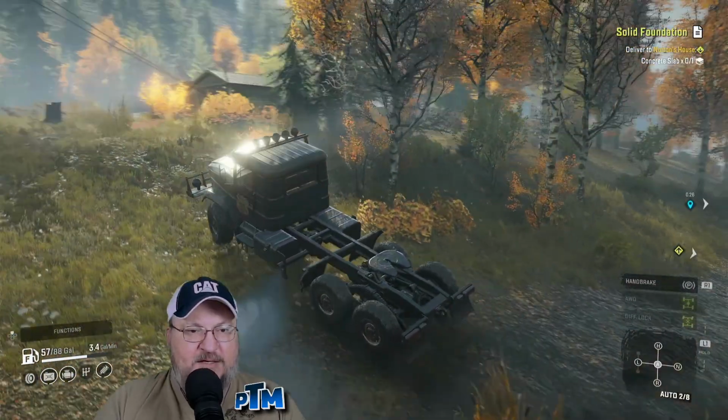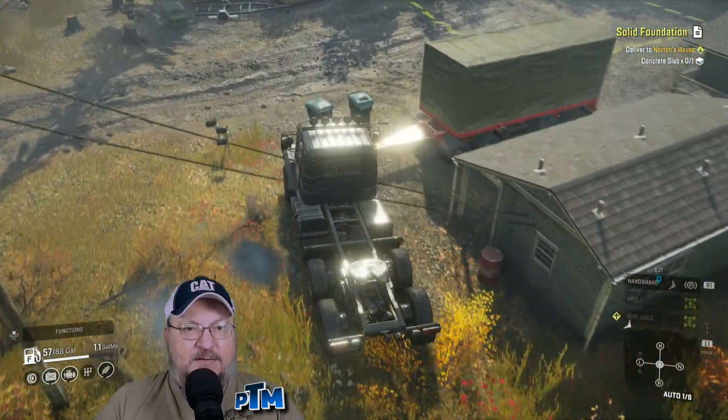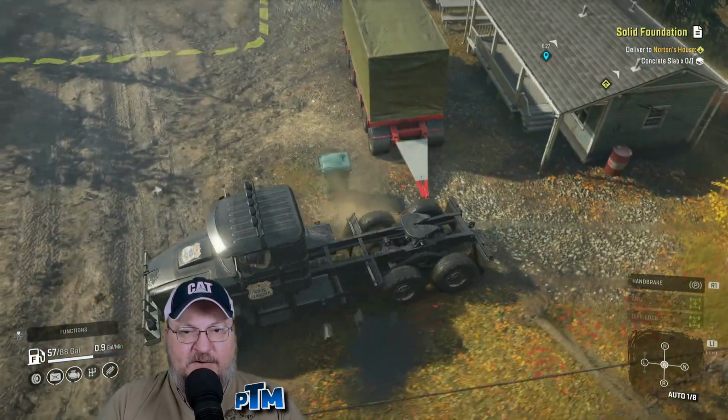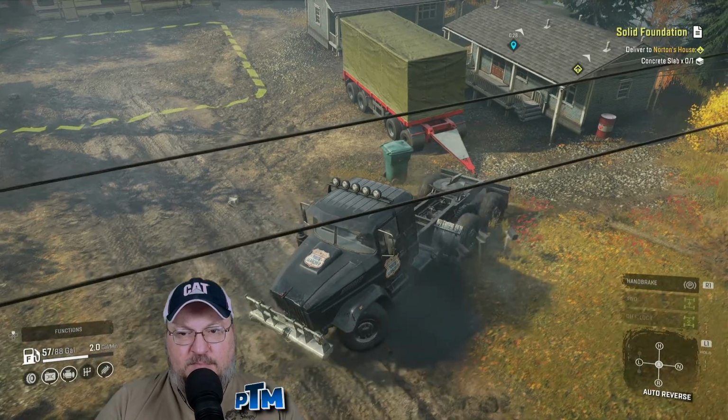But again, you saw the modded truck climb this in the previous episode, and it absolutely ate this up, and so did the Taiga, okay? Now, this is the reason I was coming here, was to pick up this trailer. This trailer belongs to...